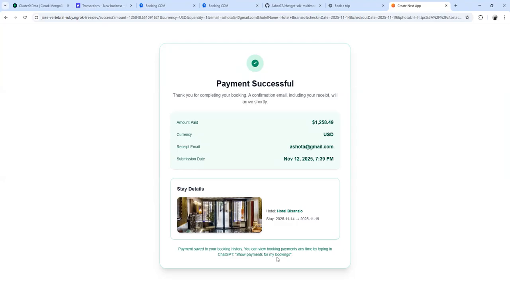After a successful payment, you can see the payment details along with the loader that indicates data is being inserted into the MongoDB database. This allows users to view their booking and payment information at any time within the ChatGPT page by typing show my booking and something like show payments for my bookings or similar commands.